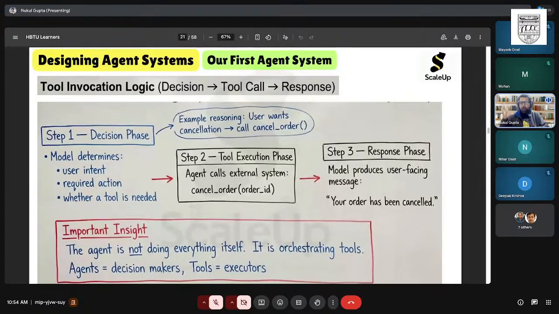Similarly, here the model is orchestrating, creating a plan. First, it is understanding the requirement. It is making an action plan, and deciding which tools to call. It knows that it has these tools at its disposal, and it just calls those tools, and tools are the ones doing the real action. So execution is taken care of by the tools and not by the model. LLMs cannot act. LLMs can only plan. Action is taken care of by the tools. So that's the idea.